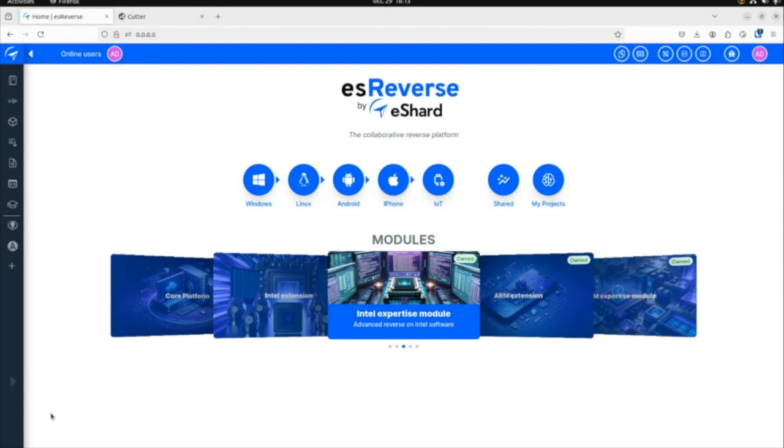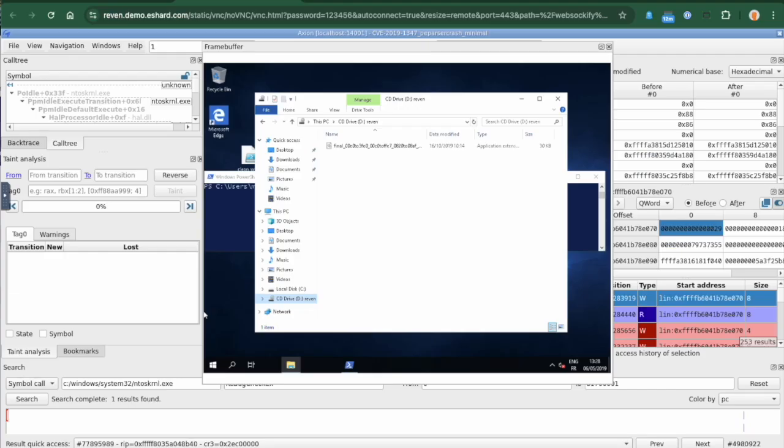In this demonstration, we've recorded a complete Windows system, capturing a specific moment where a bug causes the system to crash. This bug, linked to the Windows relocation mechanism during the parsing of a PE file, corresponds to the CVE-2019-1347 vulnerability. Now, let's explore the esReverse graphical interface, which allows us to navigate through the recorded trace of this